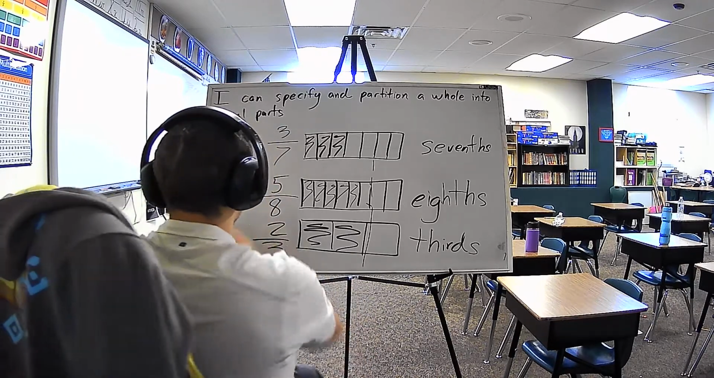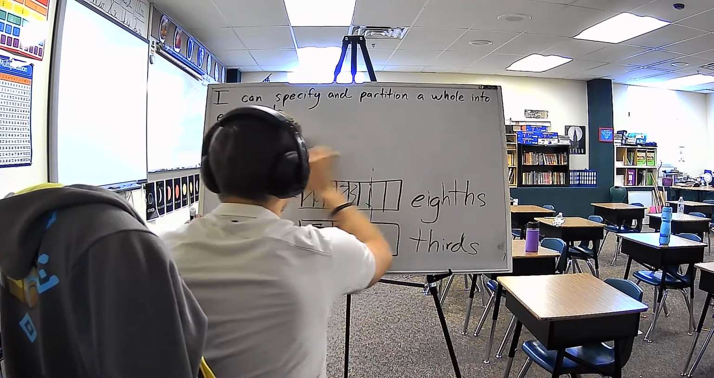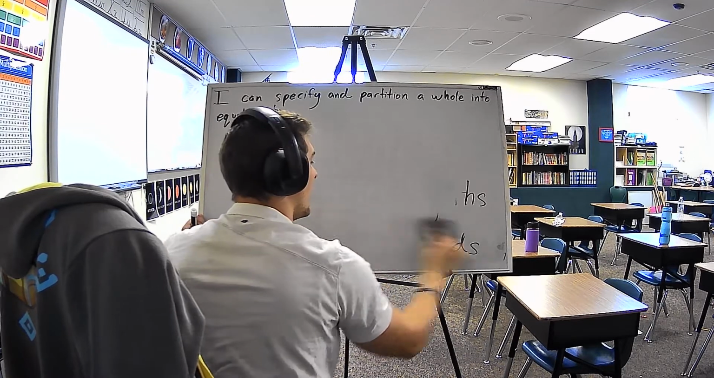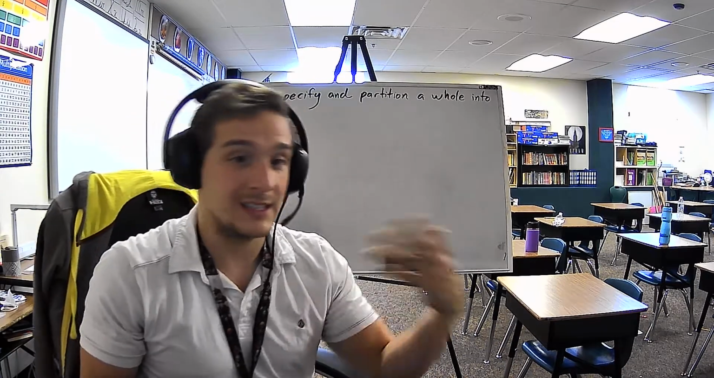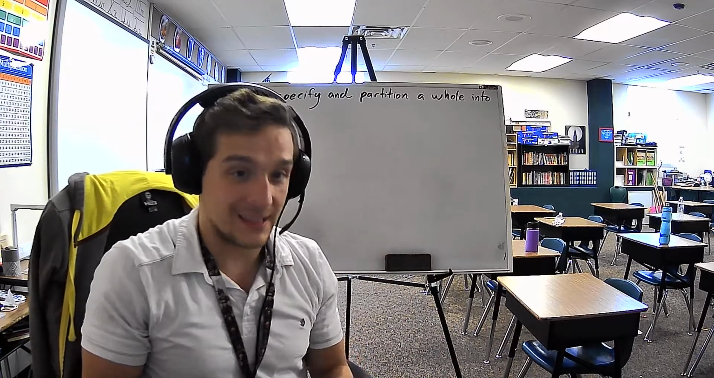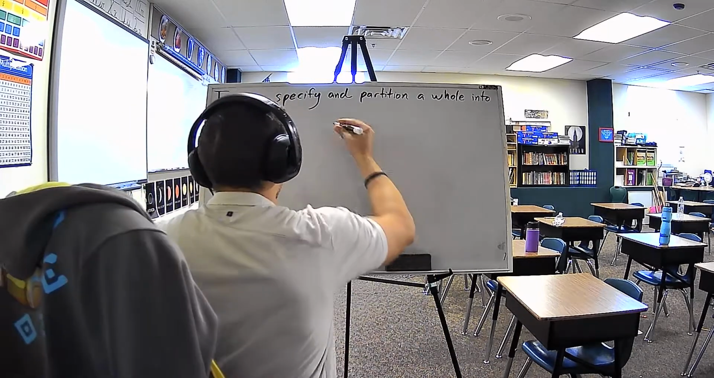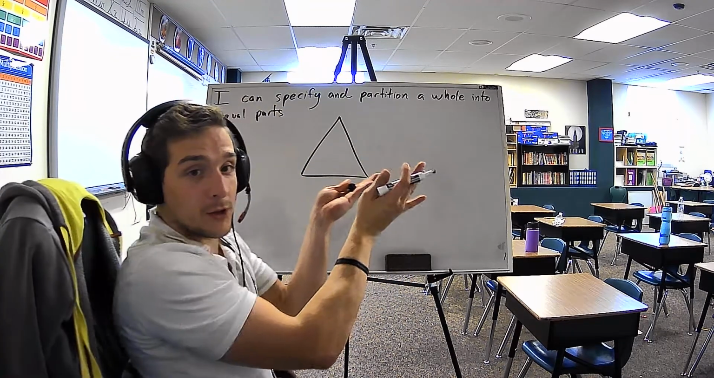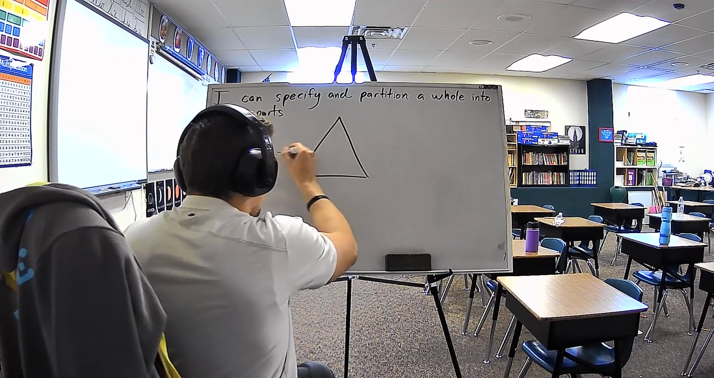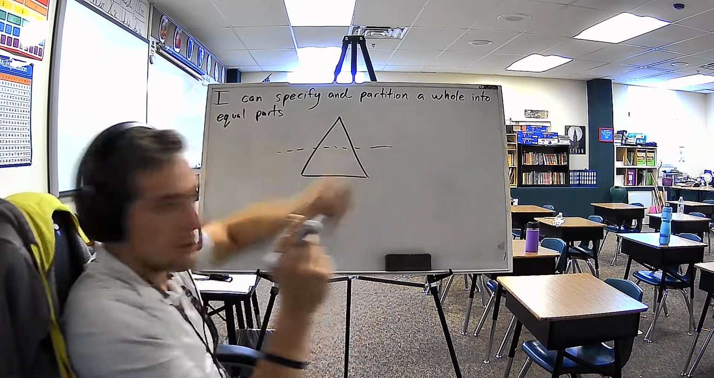But today, it's primarily recognizing me drawing a picture, you being able to recognize, oh, that is this many pieces. Eighths, sevenths, ninths, thirds, fourths, fifths, etc. And that could be done in many different ways. We'll start off with a triangle. You can cut up a triangle, but if I were to cut the triangle like this, would those parts be